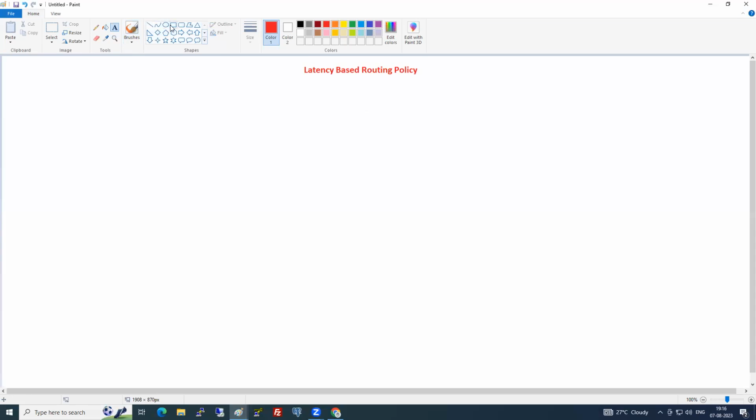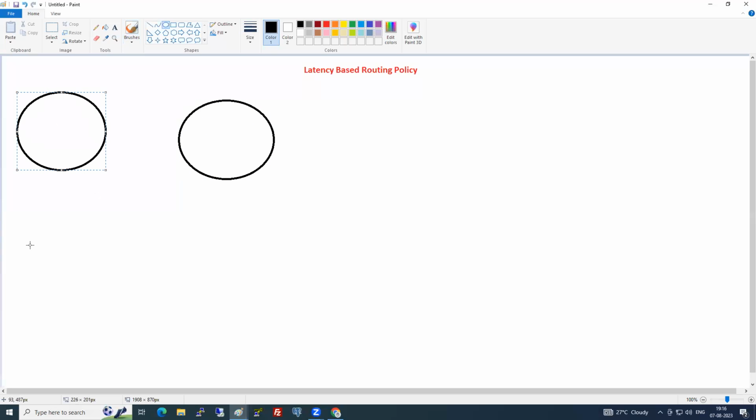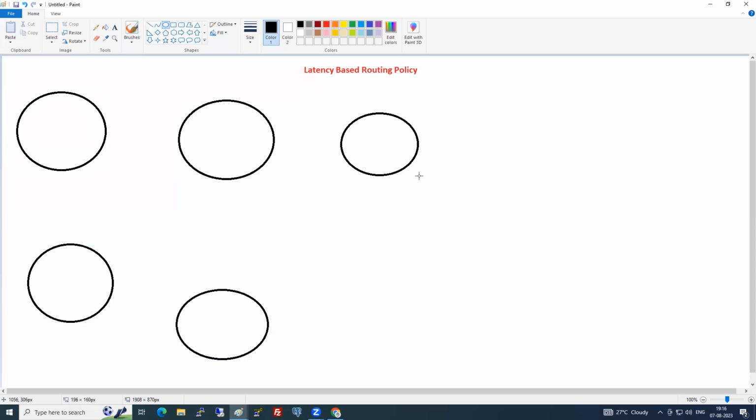Latency based routing policy means I have regions like this. We have different regions.